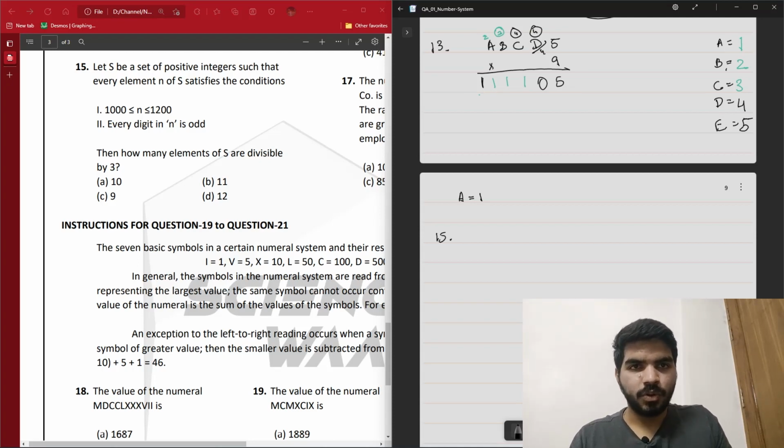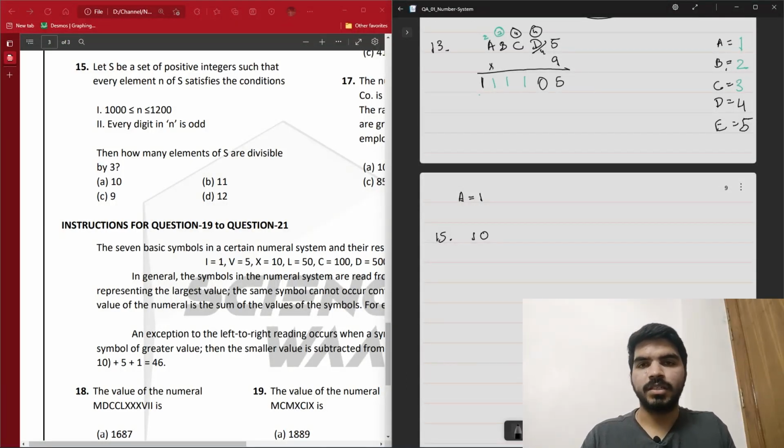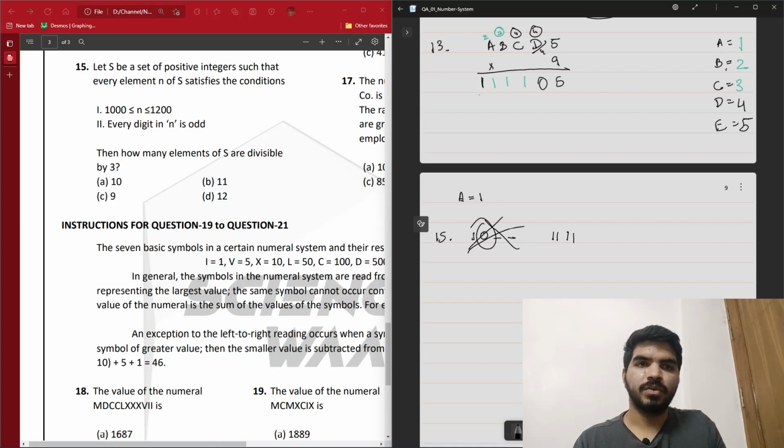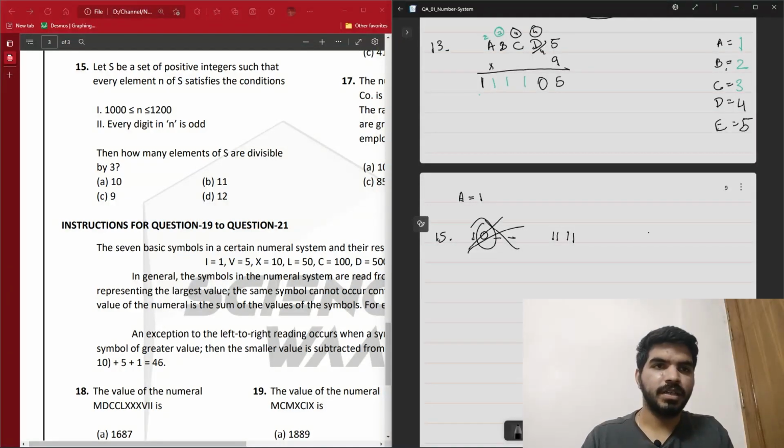So the first 100 numbers after 1000 will all have 1 0 and then something. Since it's a 0, we are removing everything. We will start from 1 1 1 1. This is the number we will start from, because 0 0 we are giving contact, and we will go up to